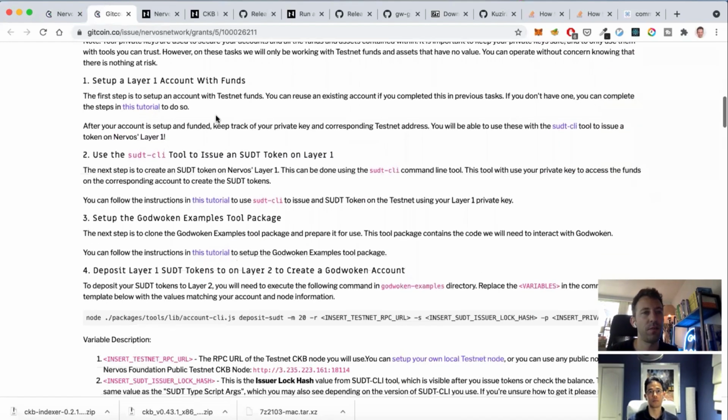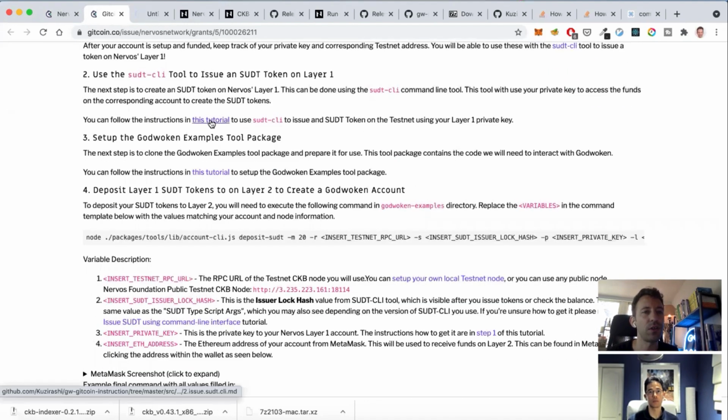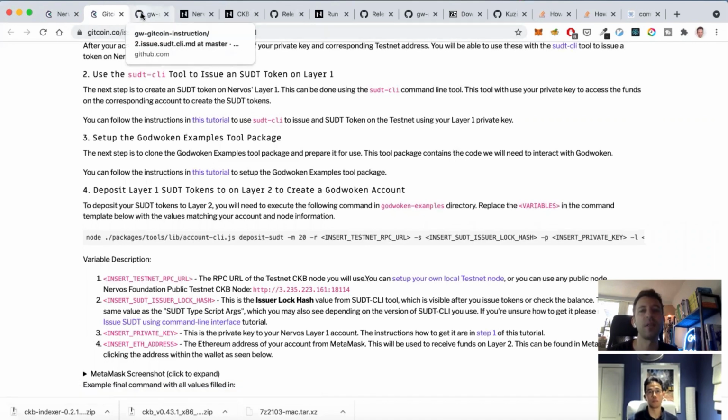Go down. First step is to set up an account with testnet fund. So we already have it. You will be able to use this with the SUDT CLI tool. Okay, so we don't have it. Use the SUDT CLI tool. Follow the instruction in this tutorial to use SUDT and issue